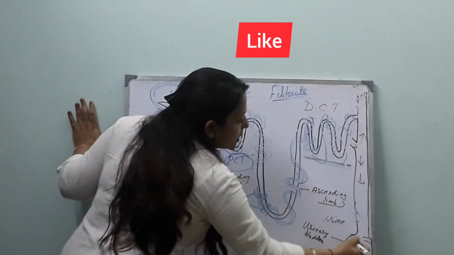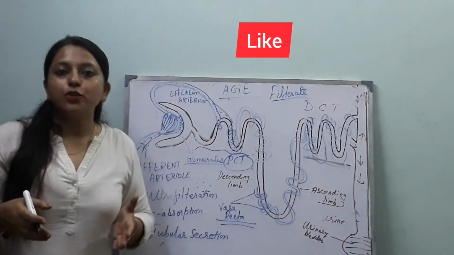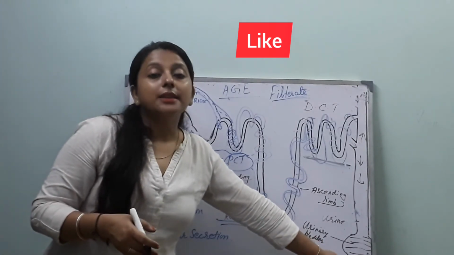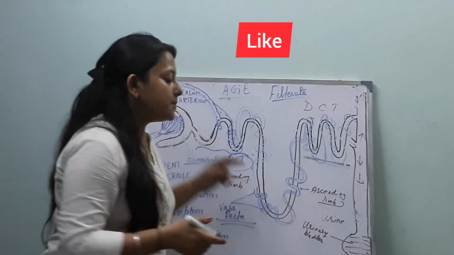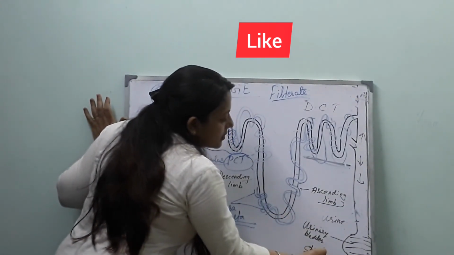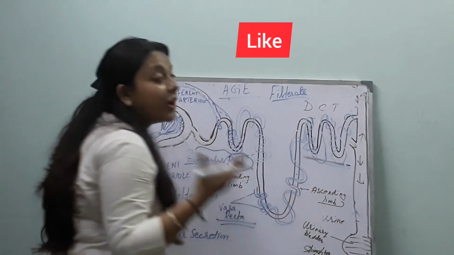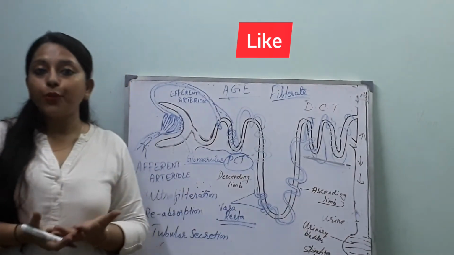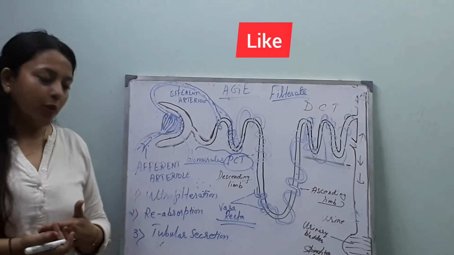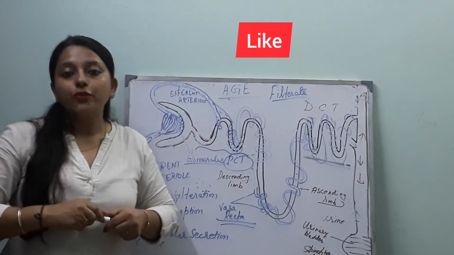When the urinary bladder fills with urine, our mind decides that now it's time to remove urine. The sphincter muscle of the urethra relaxes and opens the pore of the urethra, and urine comes out or is passed out from our body. In this way, urine is formed inside our body and comes out from our body.